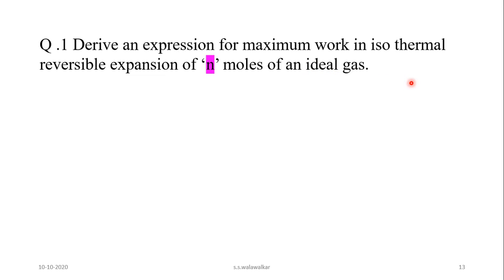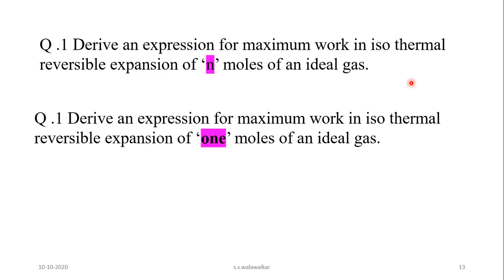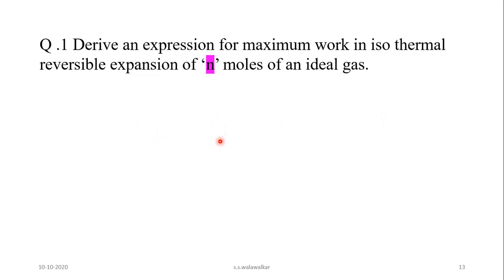Or they may ask like this also: derive an expression for maximum work in isothermal reversible expansion of 1 mole of an ideal gas. So if the question is asked like this, then instead of n you have to write 1. So the equation becomes what? This equation becomes